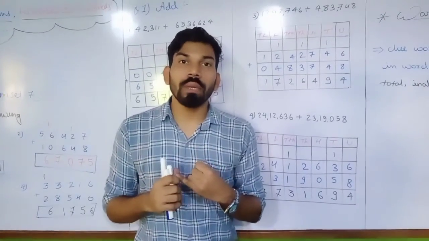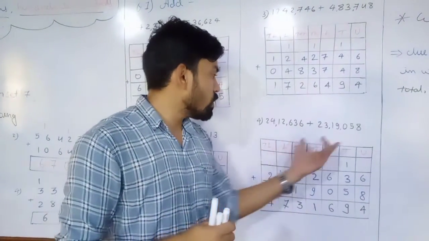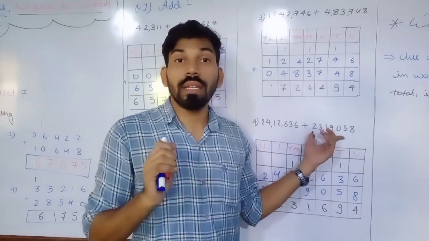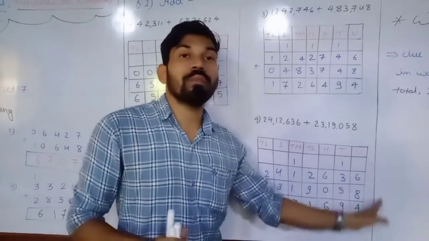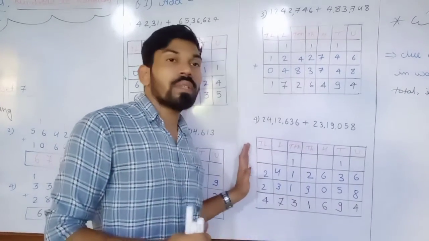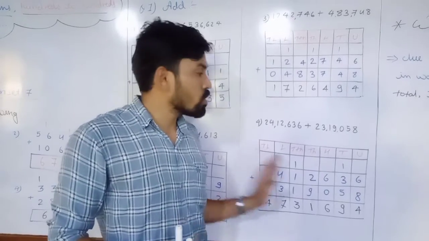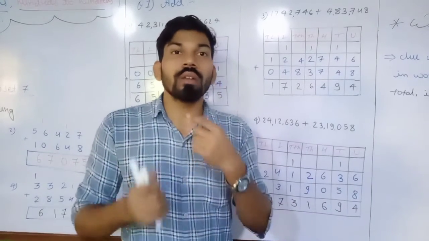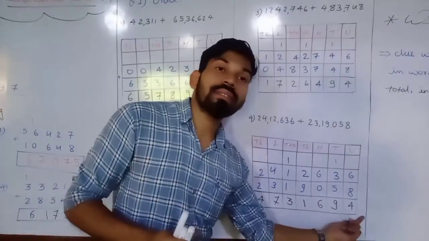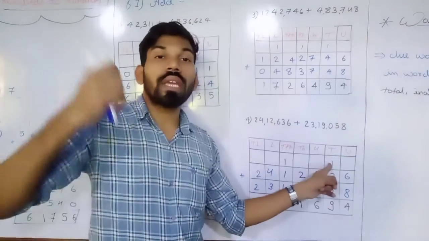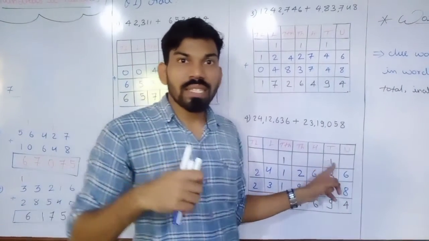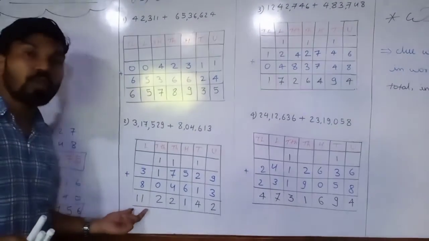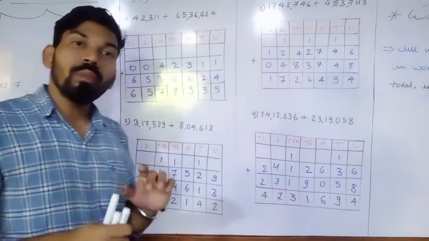A few things we have to keep in our mind. Always draw the columns according to the maximum number of digits of the numbers, and always start the addition from the right hand side. If you start from the left hand side, the answer could be wrong. And if you get a 2-digit answer, the unit will be at the answer's place and the tens will be carried to the next number. And in the last one, if you get 2 digits, we write both digits in the same box.